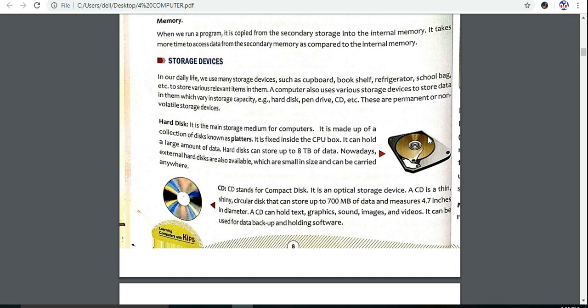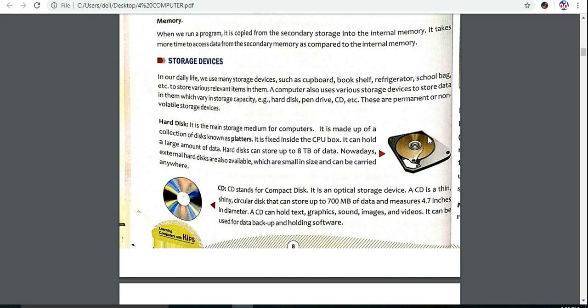It is a collection of different disks. Those disks are known as platters, and this is fixed inside our CPU box. It can store up to 8 TB of data. You know what TB is? TB is terabyte. We have studied this in memory units. And nowadays some external hard disks are also available.